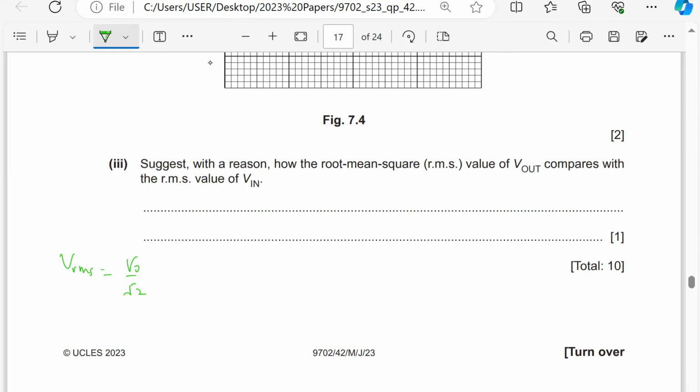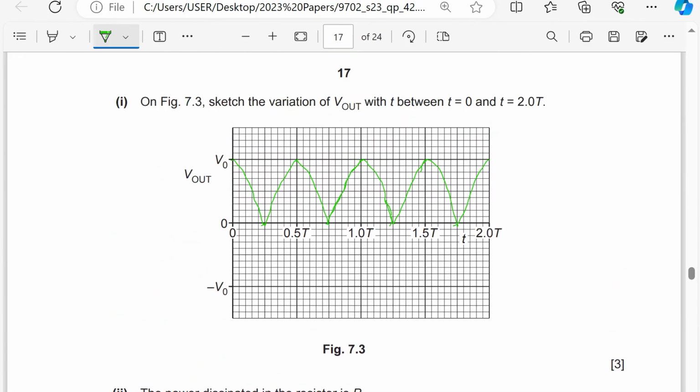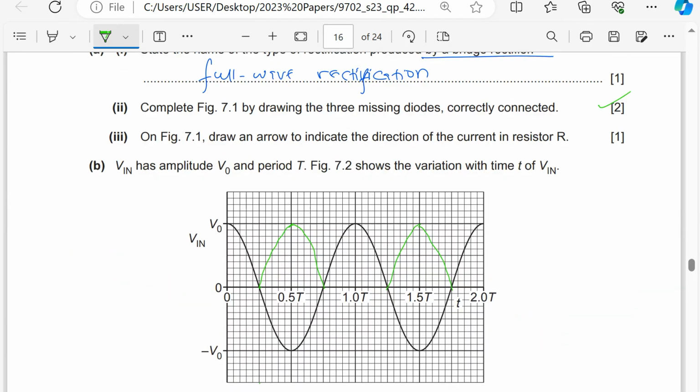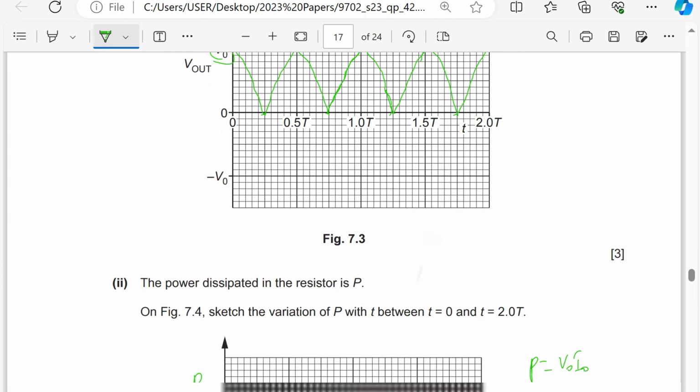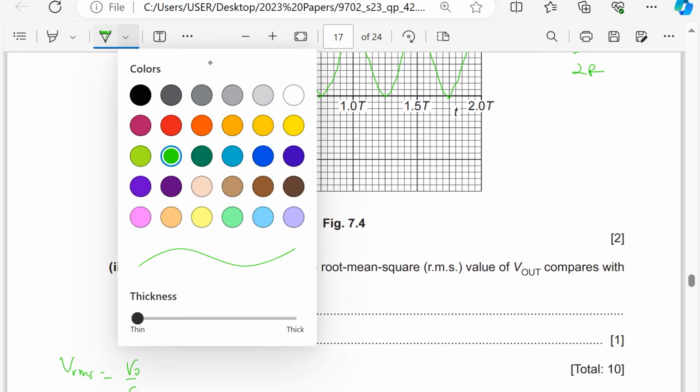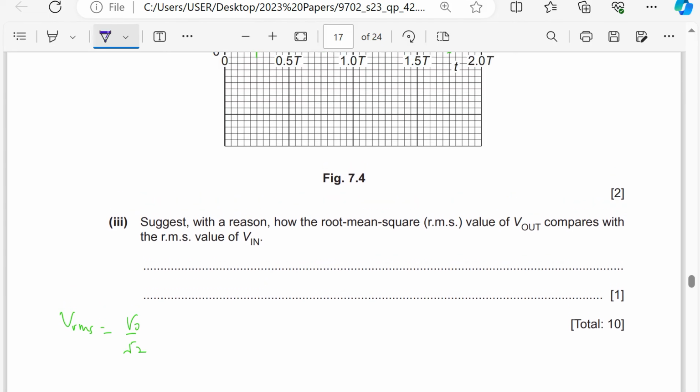So they are saying to compare how the root mean square value of V out compares. Of course, it is going to be the same, because if we look at V out, V naught is the same, and let's look at V in. V naught is the same. Since the root mean square depends on V naught and is the same for both, then the root mean square value is going to be the same. So that is automatically direct. We can say V squared against time graph is the same for both